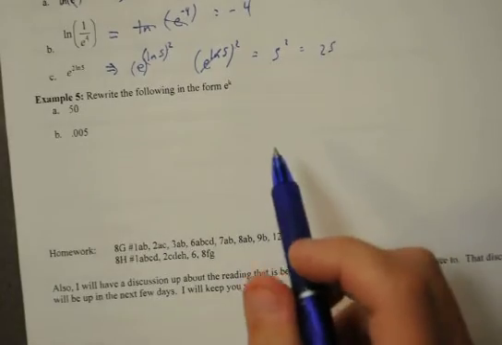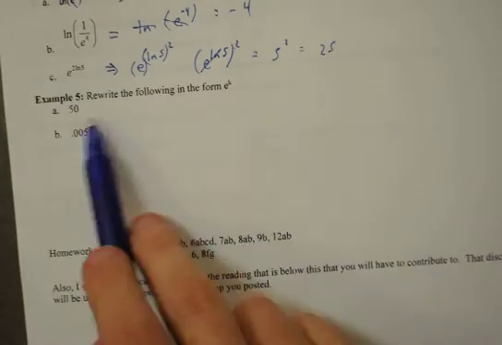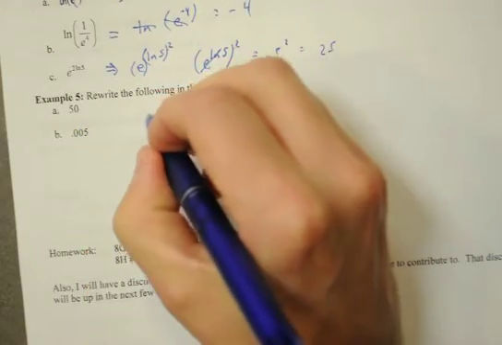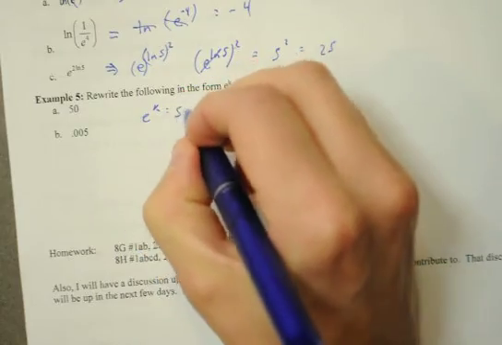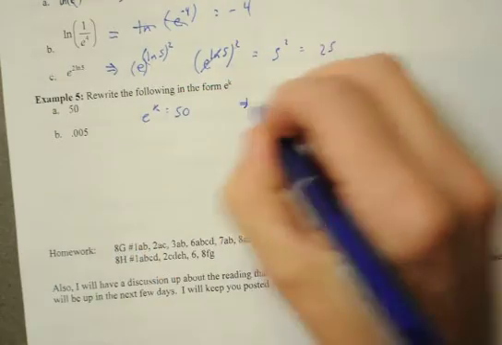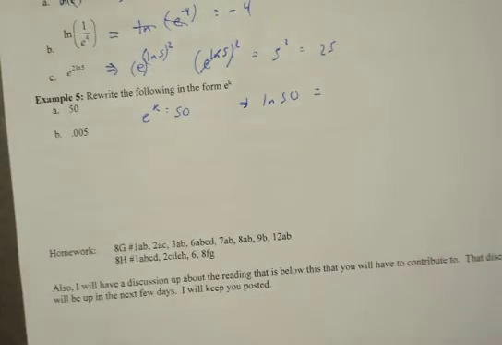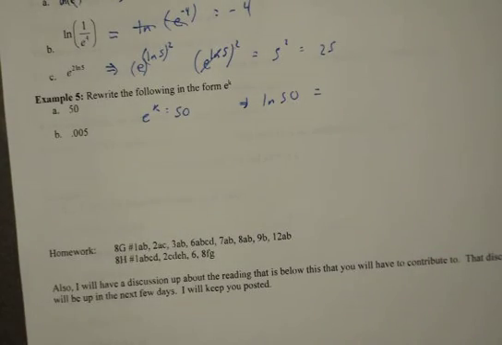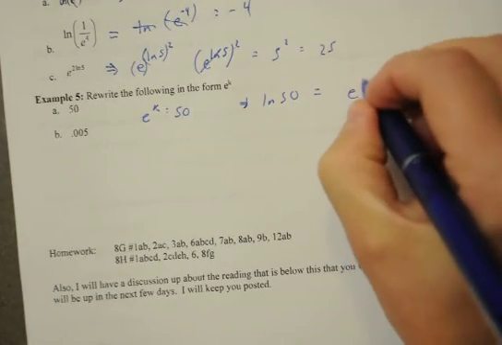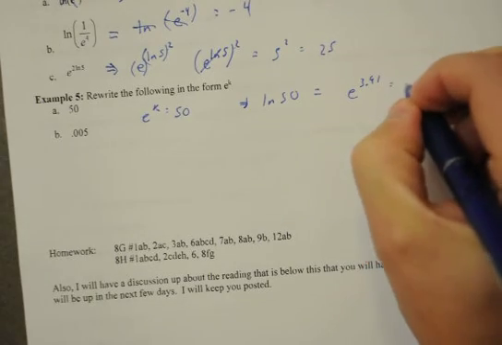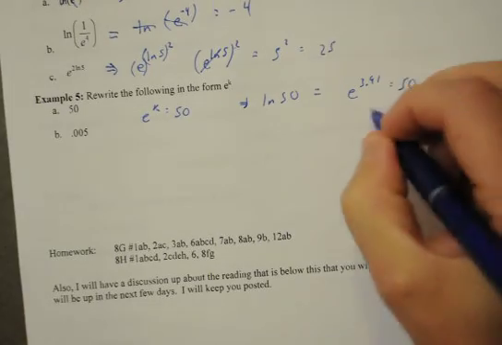Alright, I'm going to run out of time, but I think we got it from here. Rewrite the following in the form e to the k. So e to the k is equal to 50. What's the natural log of 50? The natural log of 50 is 3.91. So e to the 3.91 is equal to 50. So k is